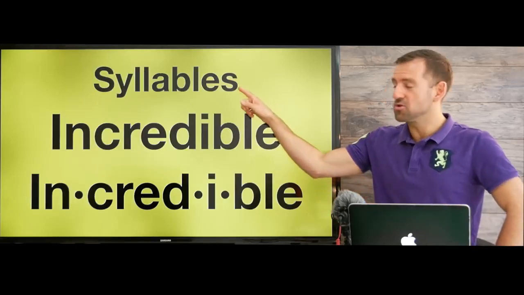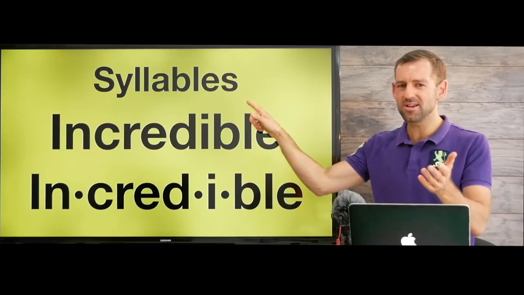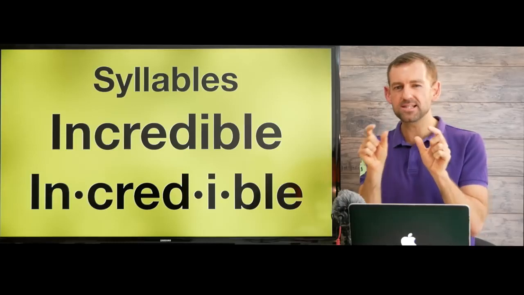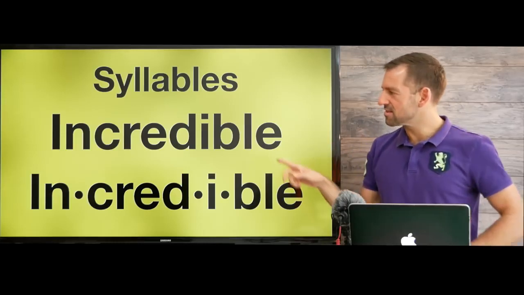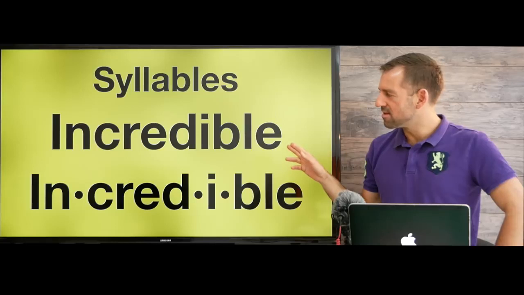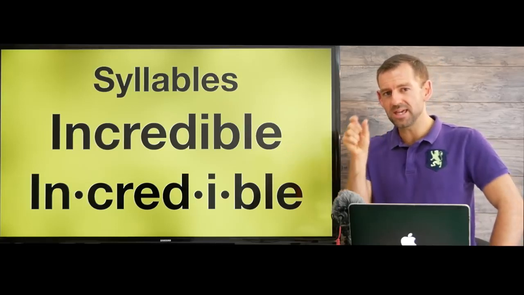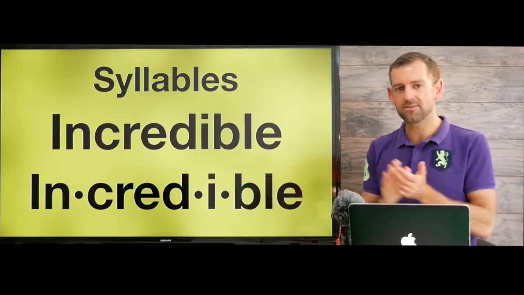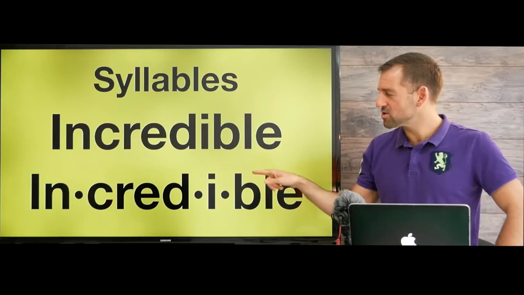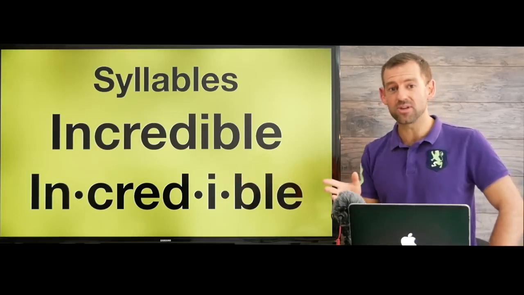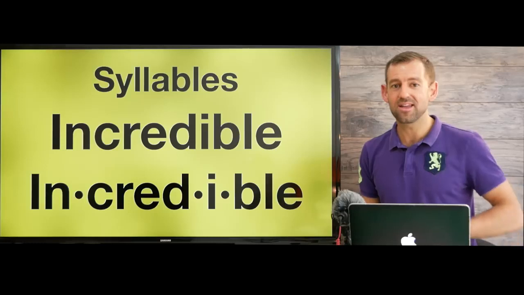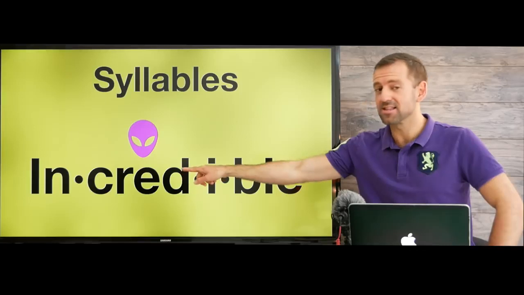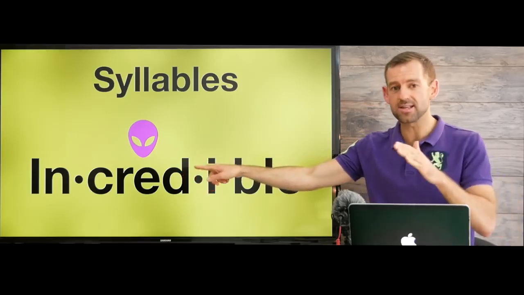So, I'm going to teach you about syllables. Do you know what a syllable is? A word has one or more pieces of sound called syllables. Okay, let's take a look at this word, incredible. It has 4 syllables, 4 pieces of sound, okay? Incredible. Incredible. Okay, so can you hear which syllable is the loudest? Incredible. Incredible. You're right. This second syllable is the loudest. It means that it has the stress.